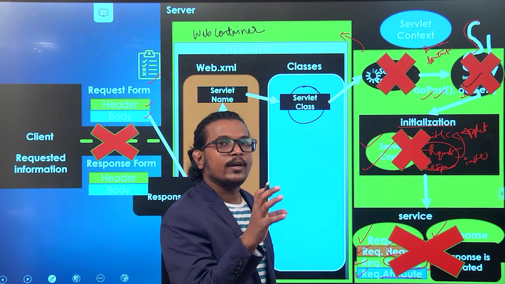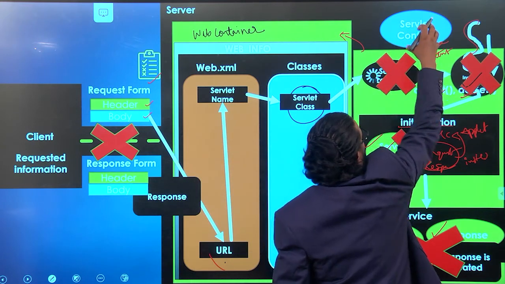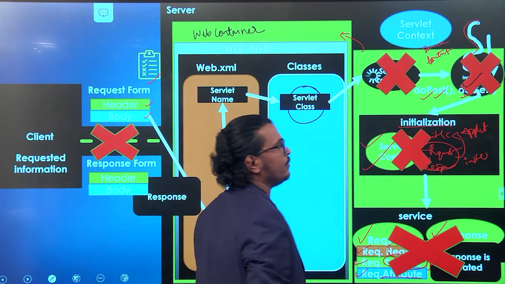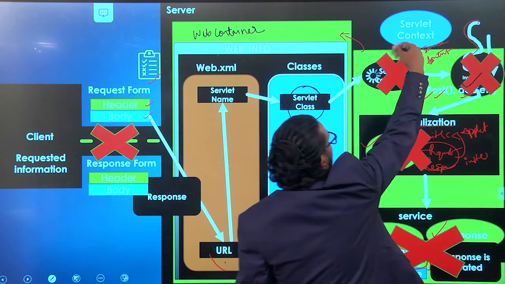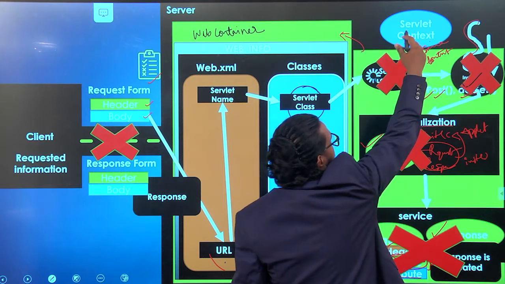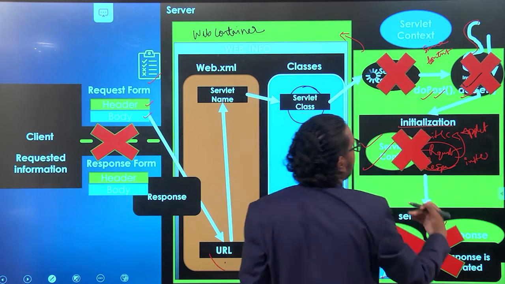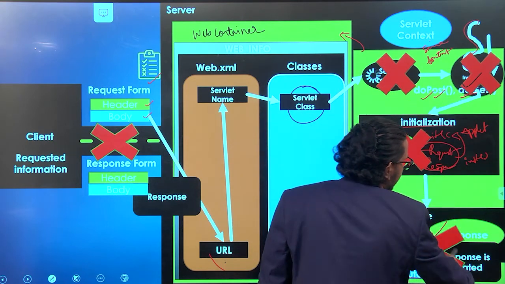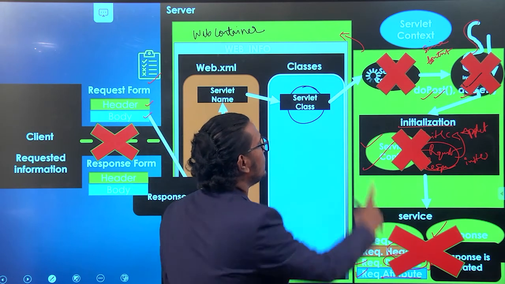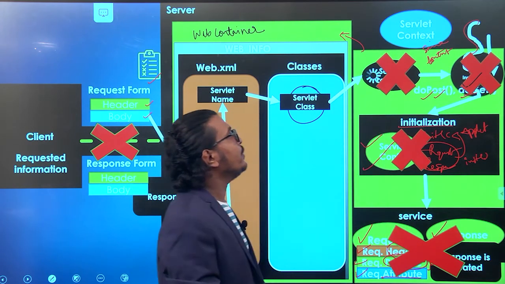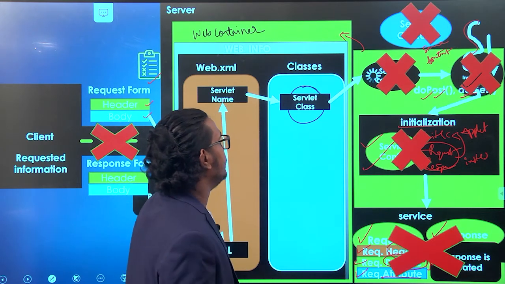In that servlet context we have all the information. From the servlet context only, we are accessing all this information in our execution environment. From that object only we get the information and execute all these processes. Clear? And once everything is done, only after that your servlet context will be deleted.